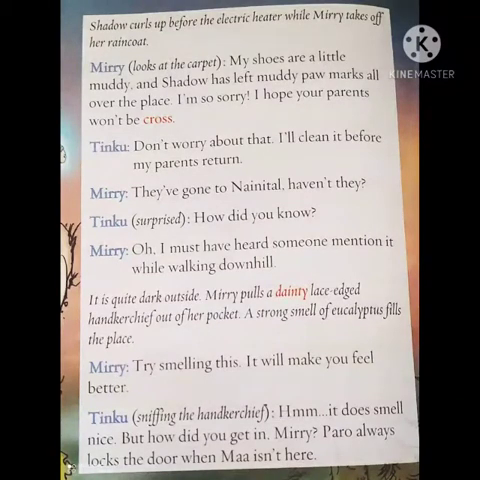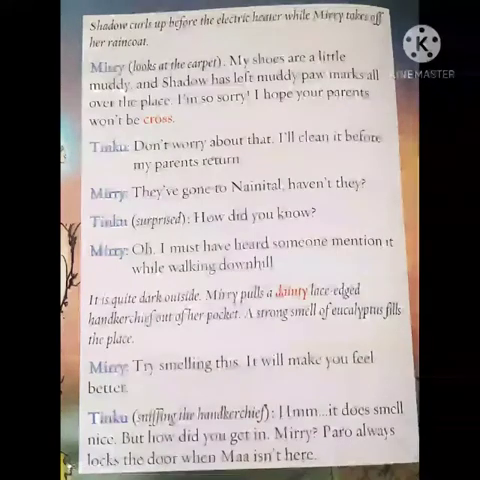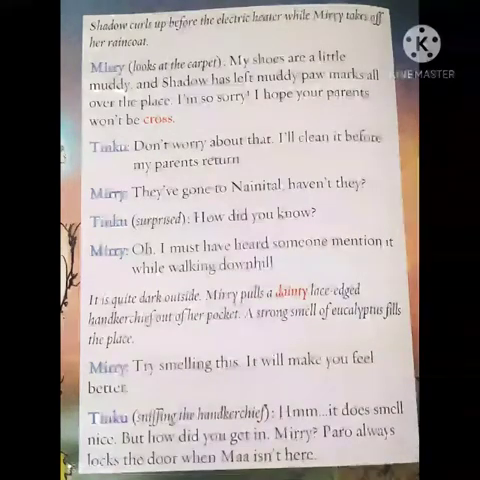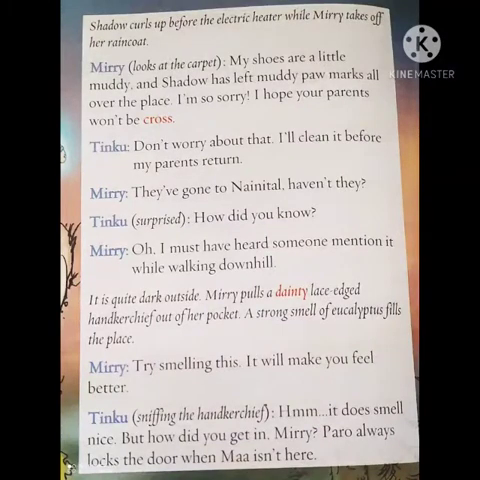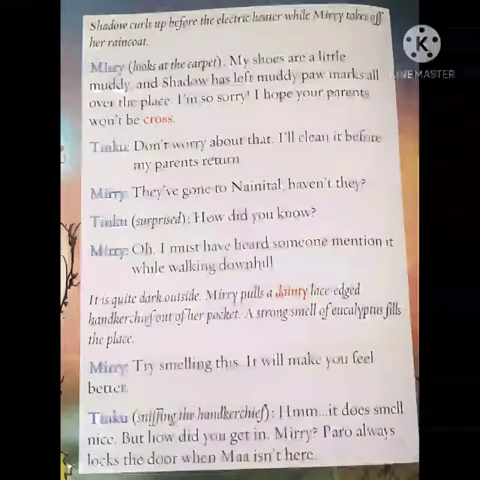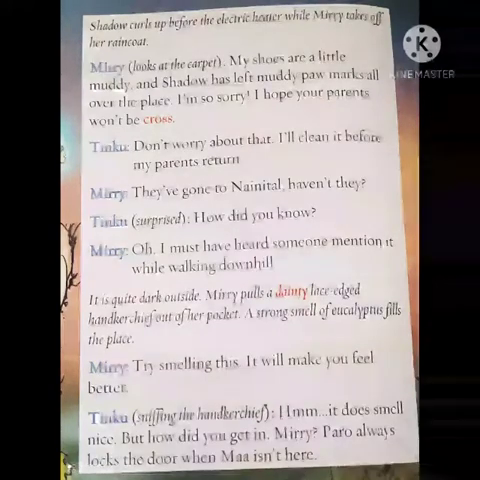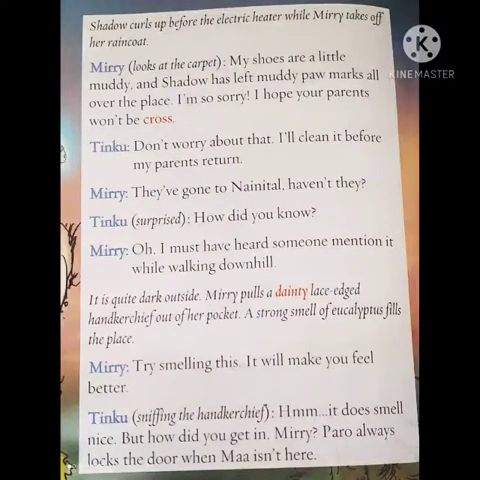Miri: They have gone to Nainital, haven't they? Tinku, surprised: How did you know? Miri: Oh, I must have heard someone mention it while walking downhill. It's quite dark outside. Miri pulls a dainty lace-edged handkerchief out of her pocket. A strong smell of eucalyptus filled the place. Miri: Try smelling this. It will make you feel better. Tinku, sniffing the handkerchief: It does smell nice. But how did you get it, Miri? Paro always locks the door when Ma